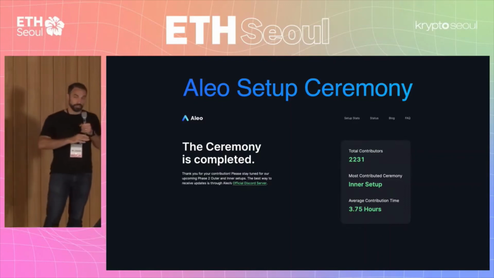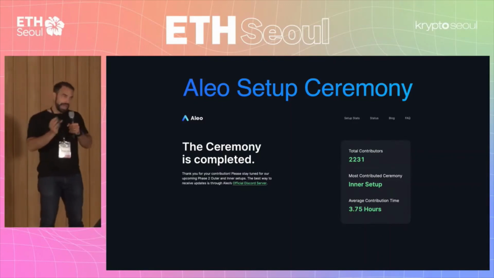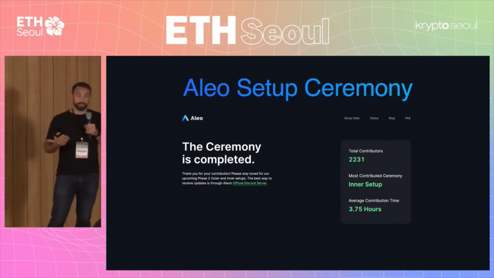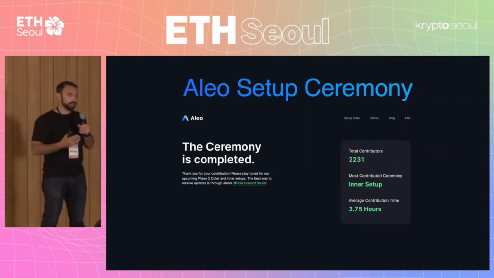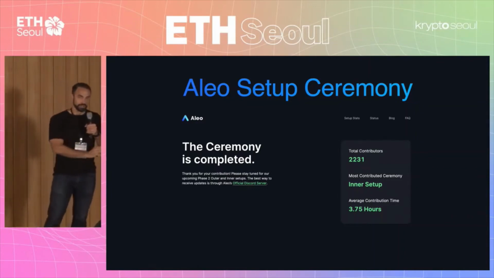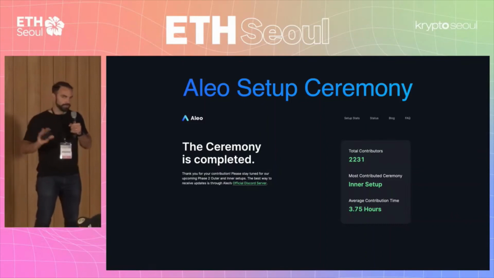As I said, the proof system that we use is Marlin. There was one time when we were combining Groth16 proof systems and Marlin together. And so we actually ran 3 setup ceremonies: one for Marlin for statement size up to 2 to the 28th, and then 2 for Groth16, sizes 2 to the 20th and 2 to the 19th. We ran a phase 1 for both the Groth16 ceremonies, and Marlin setups only require 1 phase.